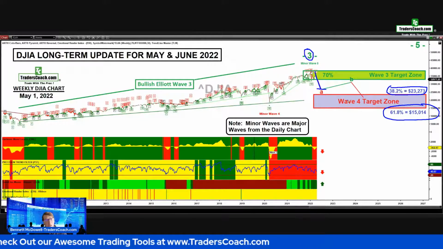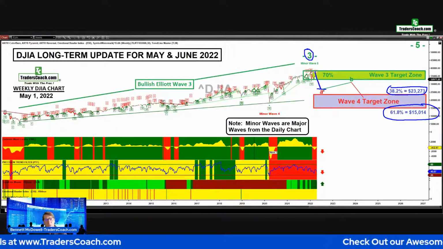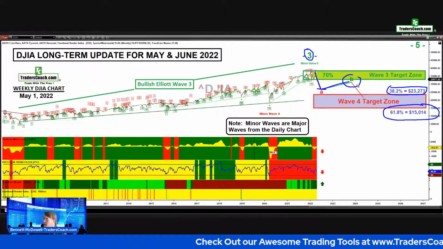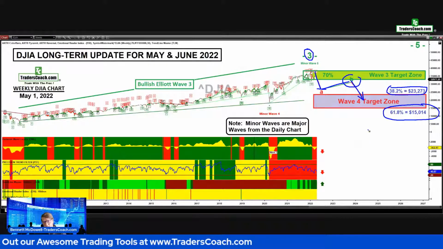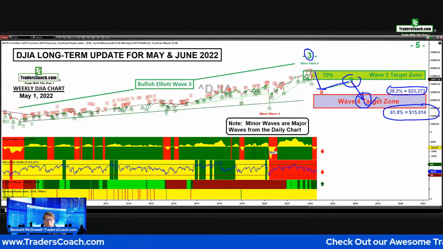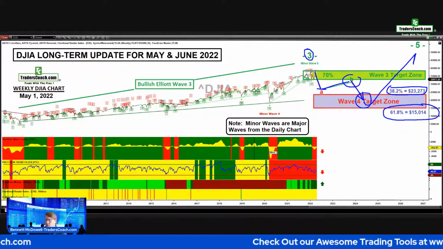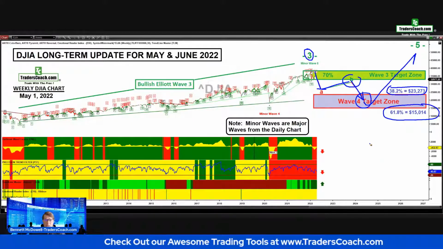Now, A wave is going to end at some point, and we're getting closer and closer to that ending point. And then we're going to have a bullish B wave up to here. And then we're going to have a significant drop with the final leg down into C wave. And that's exactly where it will end, somewhere down in here. And then, of course, things will turn around and we'll head back up. So you kind of got to wait for that in order to go back into the markets.